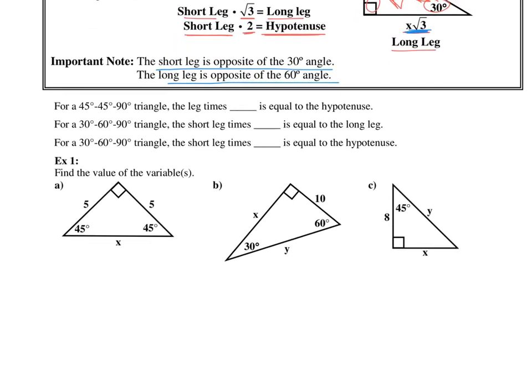For a 45, 45, 90 triangle, the leg times what is equal to the hypotenuse? That would be the square root of 2. For a 30, 60, 90 triangle, the short leg times what is equal to the long leg? That's the square root of 3. For a 30, 60, 90 triangle, the short leg times what is equal to the hypotenuse? It's just 2. All right, for example 1,